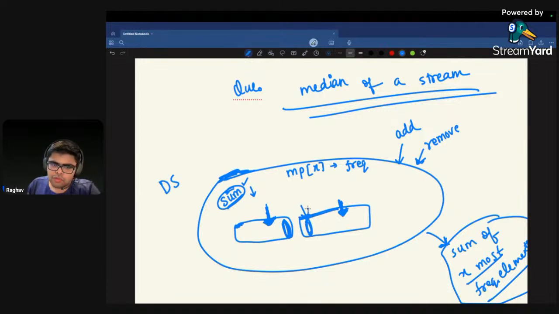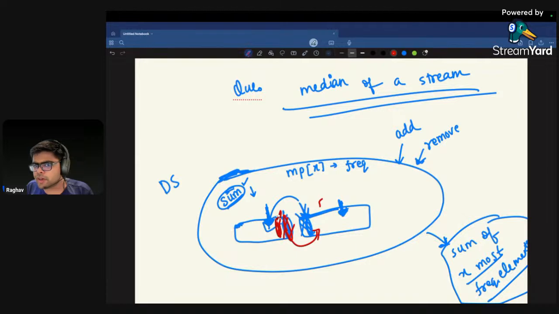If the most frequent element in this set has become more frequent than the least frequent element in the first set, then remove this guy from here and push it here, and similarly remove this guy from here and insert it here, and then again do the check of the least frequent element here and the most